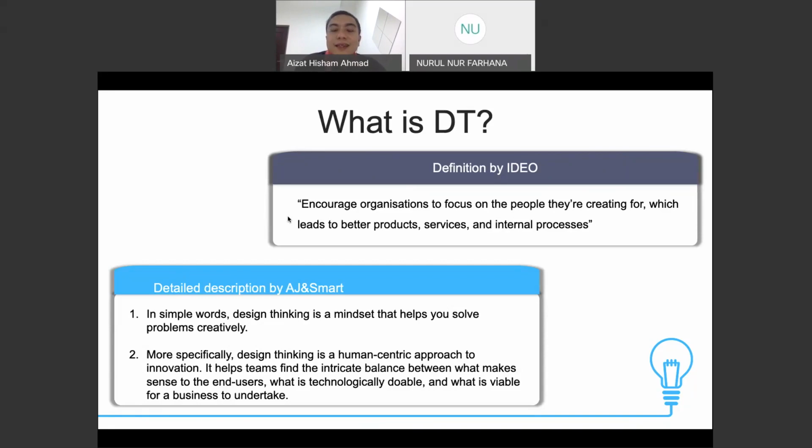The means of this innovation might be really huge, but only a small percentage of people are actually benefiting or taking advantage of the technology. So this is when there is a gap between the human-centric and also the technology, the product. So this is when design thinking is not being used or implemented in such projects or programs. All right, so you have heard from me already.